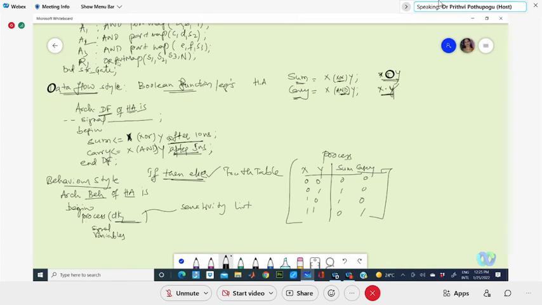See, in your structural and data flow styles, your signal declarations should be done before the beginning of the architecture, and that should be done after the component declaration in structural style and after the architecture statement in the data flow style. That you have to remember now.